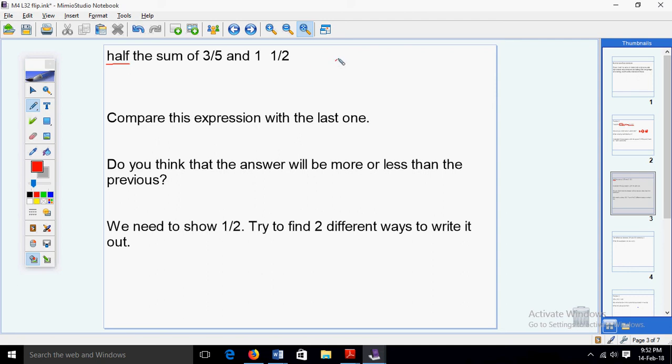I'm going to go ahead and write 3/5 here. Right, and we're still adding because it's still the sum, 1 1/2. All right, and we have to solve that first, okay? And now we're trying to figure out half. So there's a couple of different ways that we can actually do this. You can multiply by 1/2, right? That's one way, okay? Or you can also,